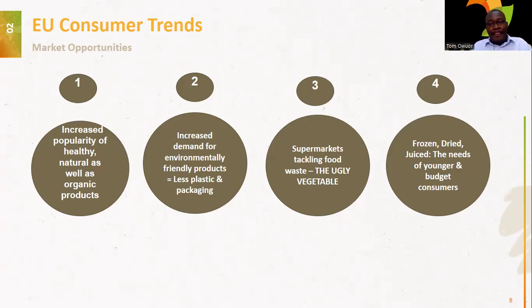Number three, the supermarkets are also very busy tackling food waste. How do the supermarkets tackle food waste? Number one is that they manage their demand to onboard only those goods that they can sell within a given period of time. And then number two, some of the goods that are just about to expire, they offer at a discounted price, or alternatively, they offer them as charity. But some of them, they also supply to animal feed manufacturing organizations.